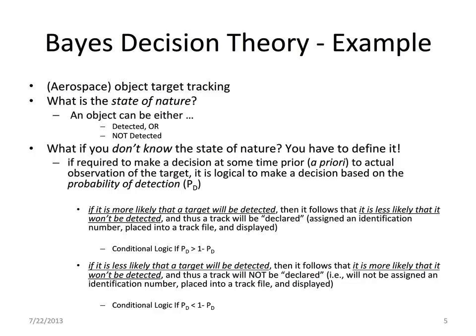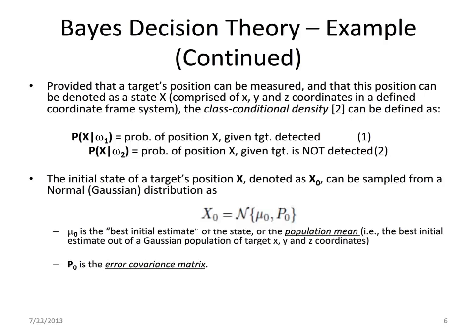The class conditional density can be defined as the probability of position x, which means all of the data items in x, which would be x, y, and z coordinates for a specific target, given that the target is detected, and the probability of position x given that you don't detect the target. So what that basically says is if you don't detect the target, where is the target really in terms of